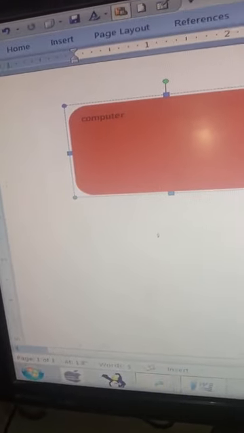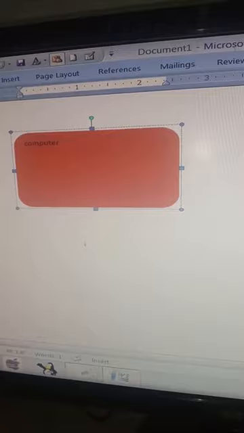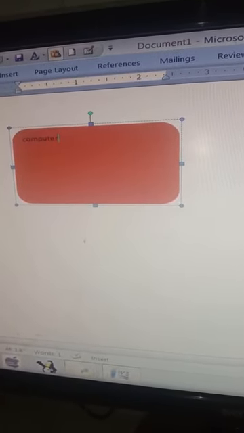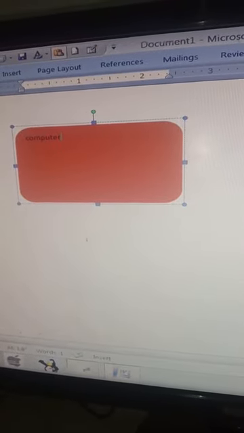This is how you can insert a shape to your document. You can fill the outline color or you can fill the border color also of the shape. You can type the text according to your own requirement. So this is inserting shapes with the help of the Insert and Format tabs.